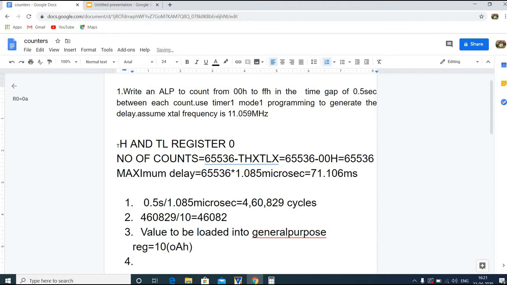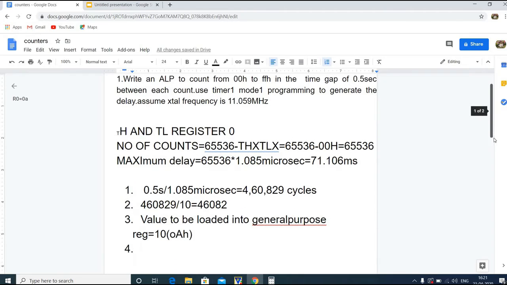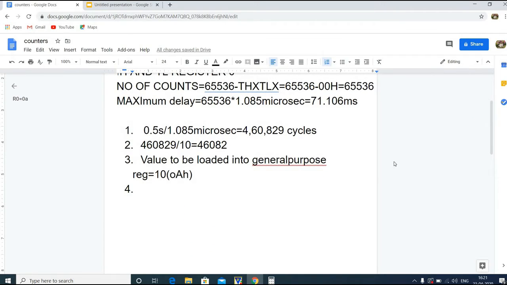Now to find out the value to be loaded into the THX and TLX register, we need to subtract this value from 65,536.